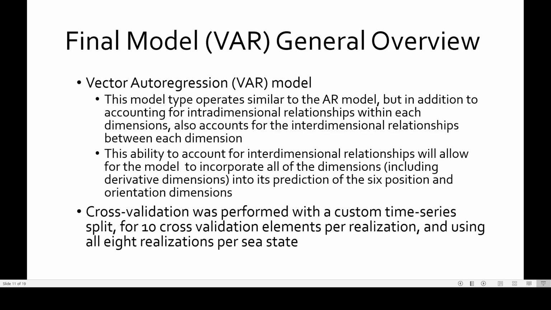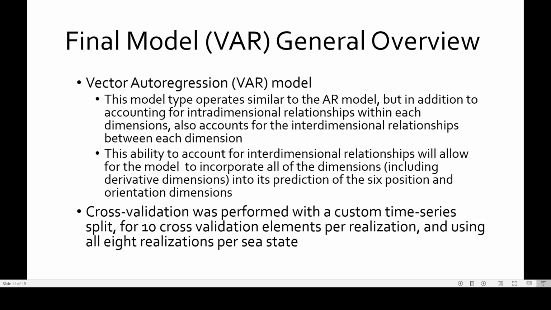So then moving on to our final model, I made a vector autoregression model. This model type operates similar to the autoregression model, but in addition to accounting for intra-dimensional relationships within each dimension, it also accounts for the interdimensional relationships between each dimension. This ability will allow the model to incorporate all of the dimensions, including the derivative dimensions, into its prediction of the 6 position and orientation dimensions, which should vastly improve its performance over the